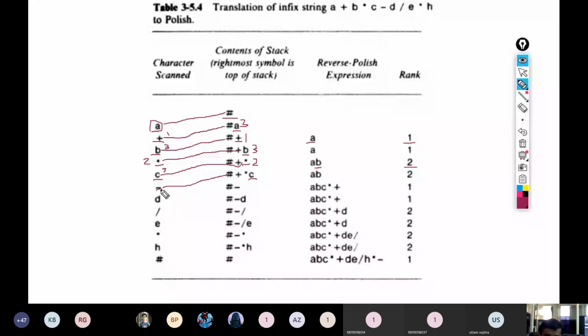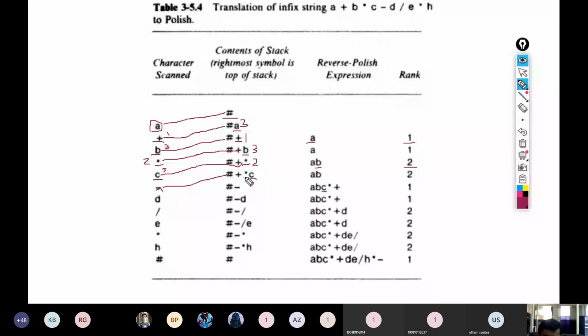So we will do the pop operation and we will append this C to the Polish expression, and we also will update the rank. We will do this in a loop while the top of stack's precedence function is greater than the precedence function of the next character. So for C we will do the pop operation.